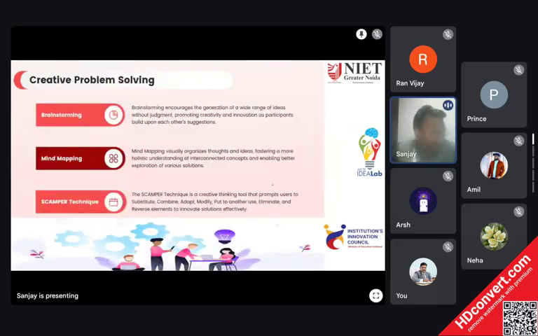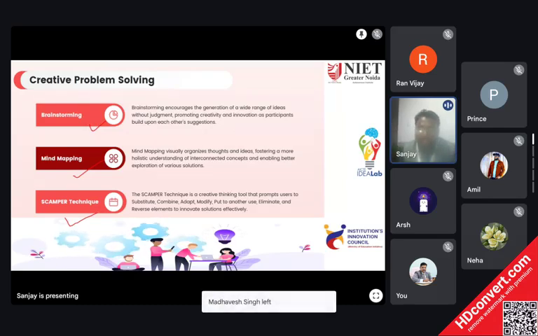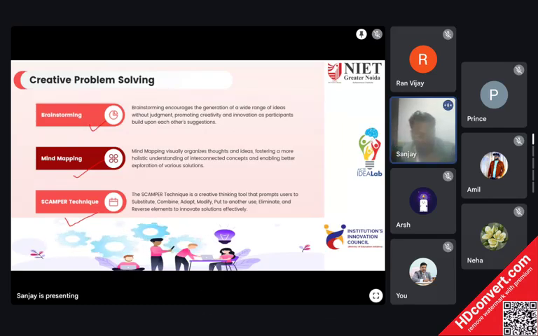If we are talking about the creative problem solving technique, this is another method of problem solving. You people must have also heard about brainstorming, mind mapping and SCAMPER technique, these three are basically used. Brainstorming is very much used in any organization. That means a number of people in the same mindset or different mindset can be collected together, and they can freely give their idea and their